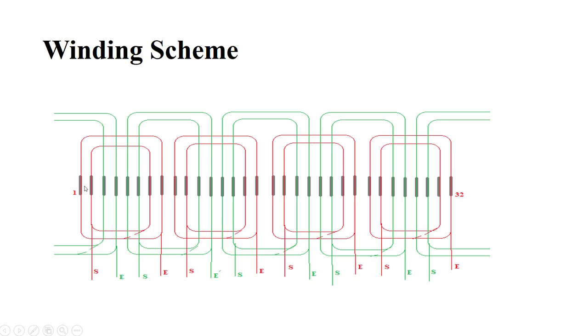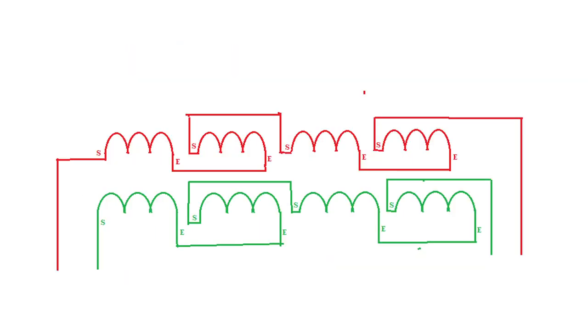Remember, we want to connect this one as a single phase. This is the arrangement for the one. On this note, you have two windings on the stator. We have what is referred to as the auxiliary winding or starting winding, and the running winding or main winding. The green colored is tagged as the main winding, while the outer one, the red one, is tagged the auxiliary or starting winding,